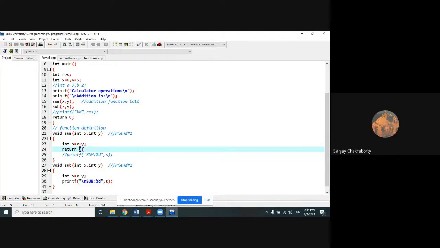Integer kind of value, very simple, because the summation of two integers always produces one integer, or the summation of two floats always produces another float. So if instead of x and y being integers, both x and y are float variables, then the summation variable will also be a float variable. That is very simple to you.